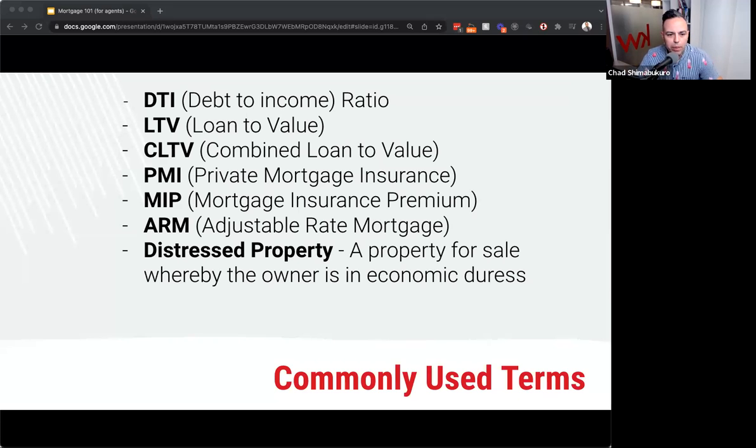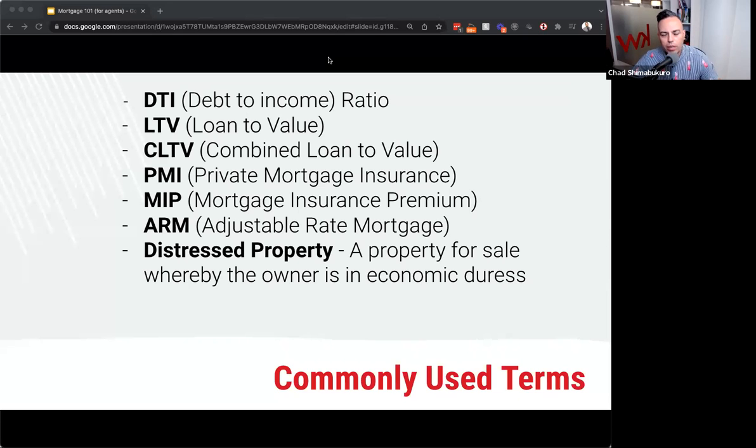So a lot of times when people are talking about what they qualify for, yes, credit score, some people will go, I qualify for anything. My credit scores are really high. And that may be great that they have good credit, but it also comes down to other portions of qualifications, which is down payment, or in this case, DTI, which is debt to income ratio. An ideal debt to income ratio is about 35%.